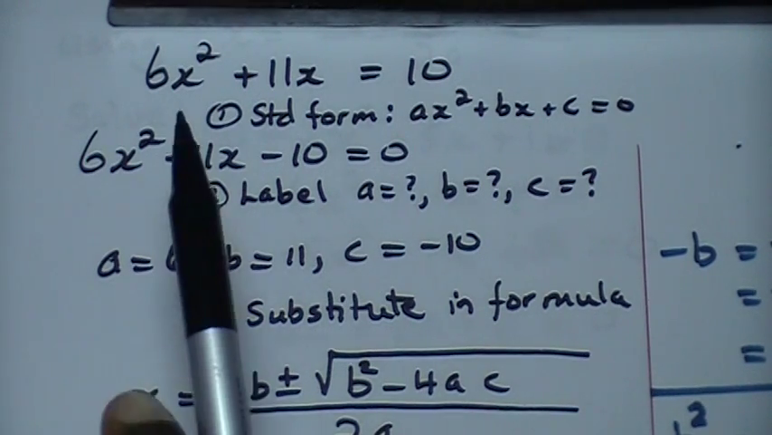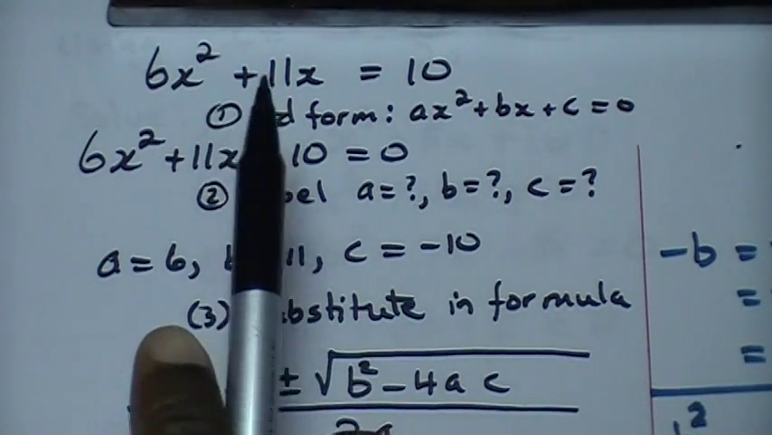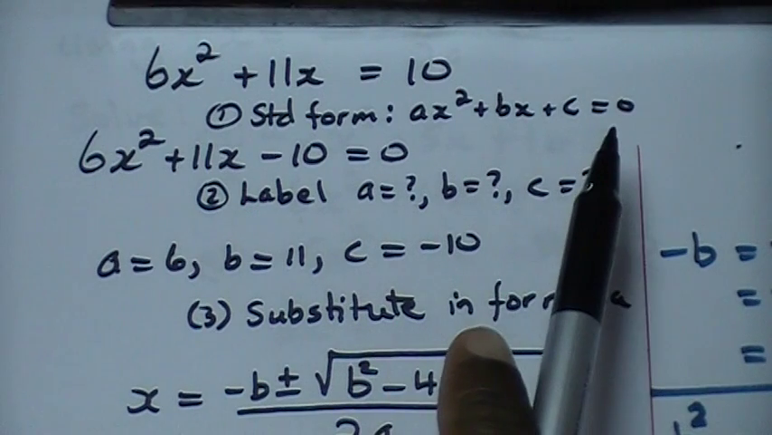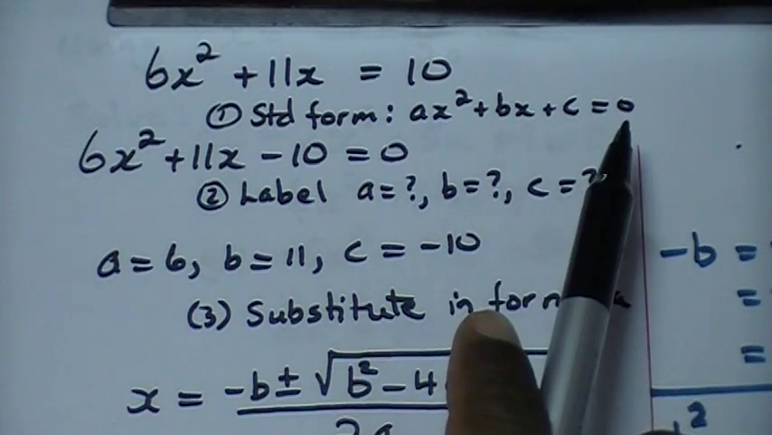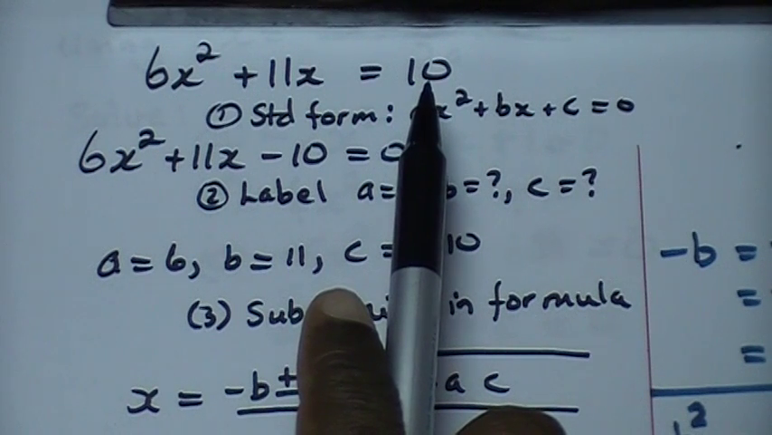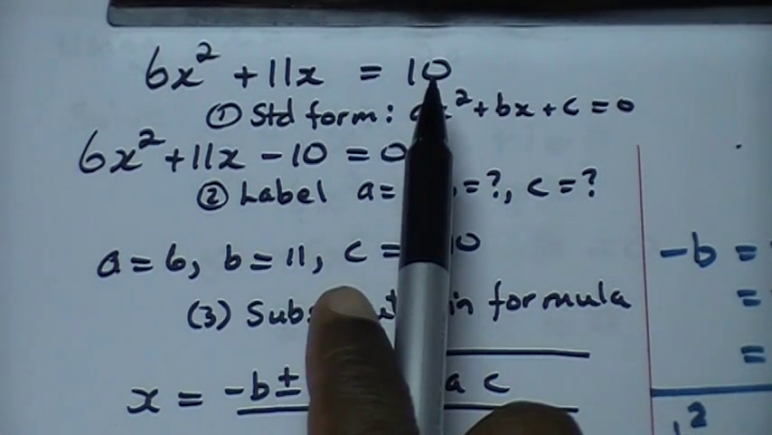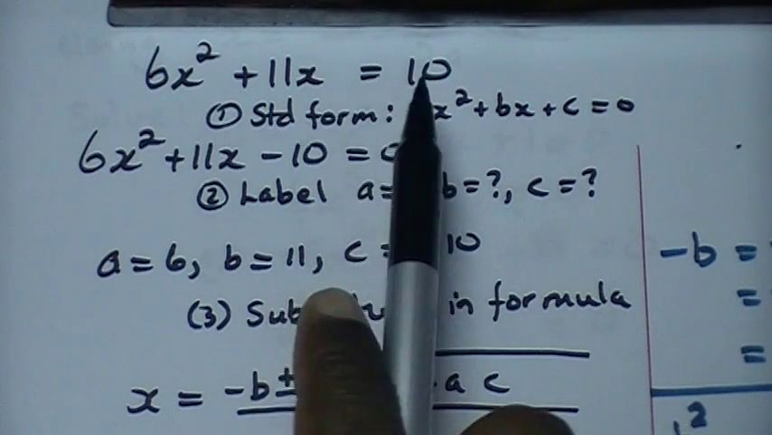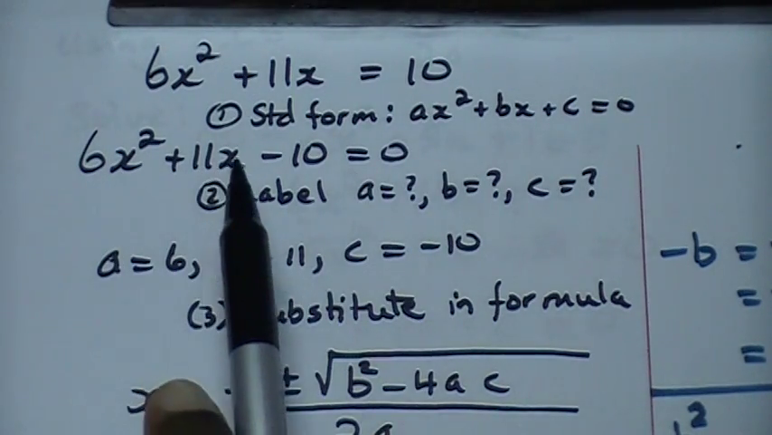Okay, so we want to solve this equation, but the problem is it's not in the standard form. The standard form must be equal to 0. In this case, this equation is equal to 10. So you need to subtract 10 from both sides to bring it to 0, and we'll end up with 6x squared plus 11x minus